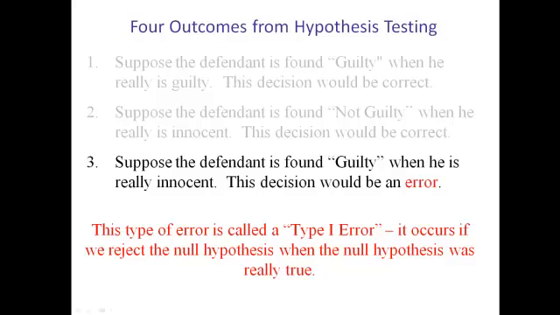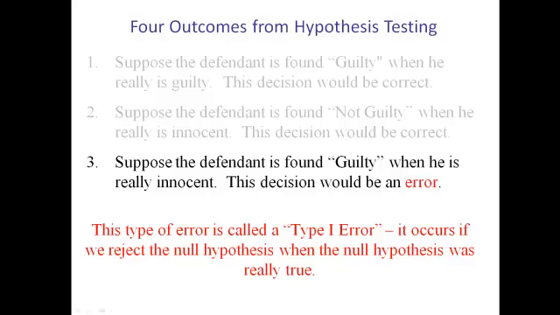Then clearly this decision would be an error. And this type of error is called a type 1 error. A type 1 error is when we reject the null hypothesis when the null hypothesis was really true. In a criminal case, we can think of the assumption that the defendant is innocent as the null hypothesis. If we reject that assumption and find him guilty when he's really innocent, then that's an error. It's a type 1 error, rejecting the null hypothesis in favor of the alternative when the null hypothesis was really